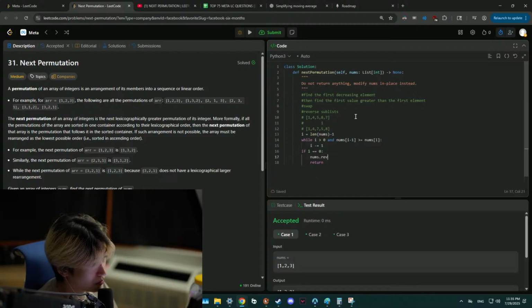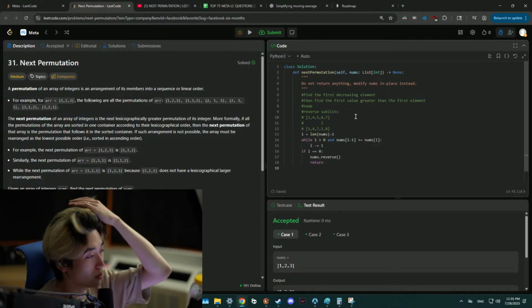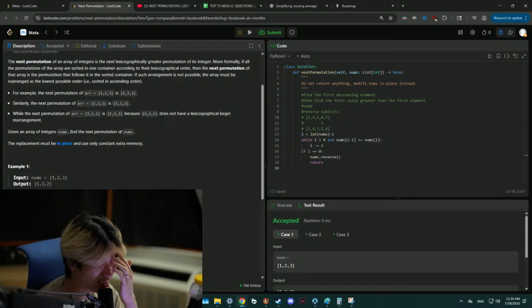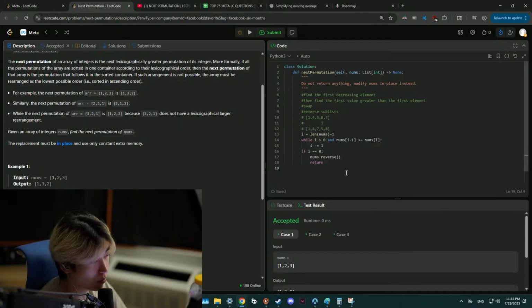nums.reverse, and we'll return that as the answer, because if it's 3, 2, 1, it's just 1, 2, 3. That's one thing to know, because in this case I will go all the way to the 0th position, and then we can consider that the edge case there. But for all other cases, we're still going to need to perform that swap, which